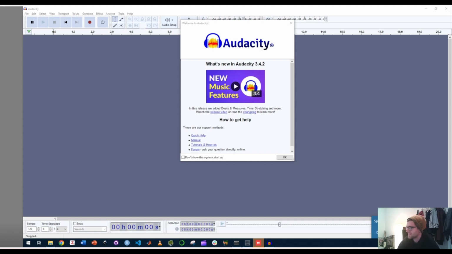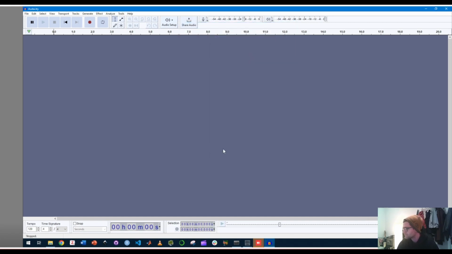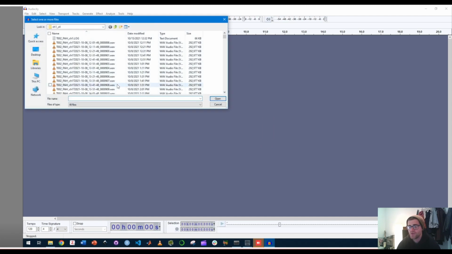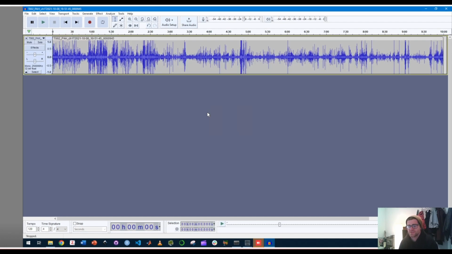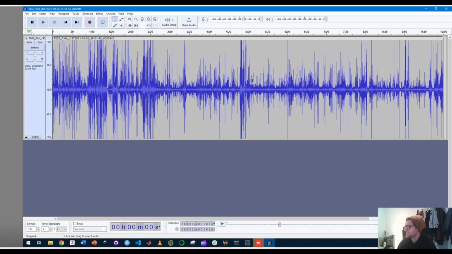Okay, so I'm using Audacity 3.4.2, which works just fine for this purpose. And so what we're going to do is first open an audio file that includes ultrasonic band or spectrum data. I've already identified one of these files. I've got many of these, but one file that actually includes ultrasonic calls in the first couple of seconds of the audio. So when you load the data, it's going to first appear like this in